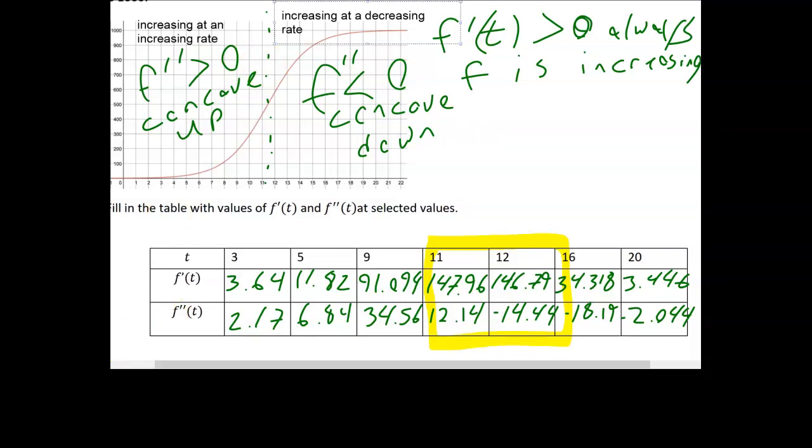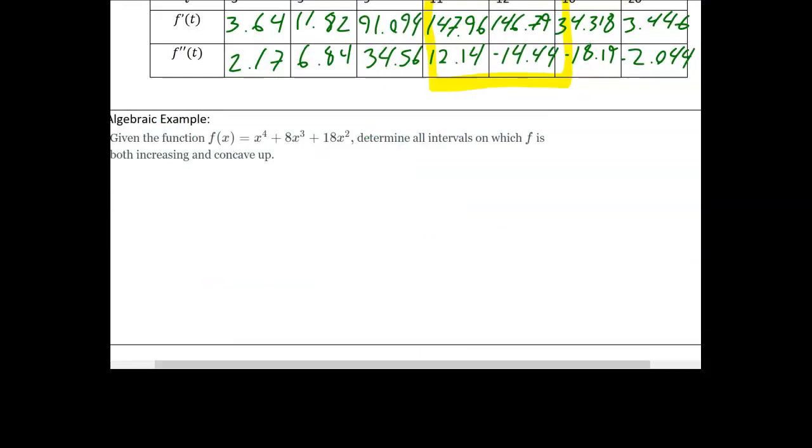Let's look at an algebraic example. These are going to be more similar to the problems you're going to have to solve. What I'm asked to find is an interval where f is increasing. I would annotate this if I had it on paper: increasing means f prime is positive, and concave up, from my definitions at the top of the page, means we want f double prime to also be positive. So clearly I have f, I need both f prime of x,